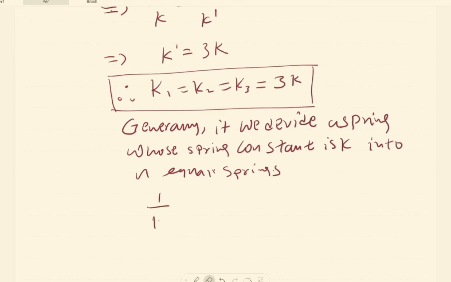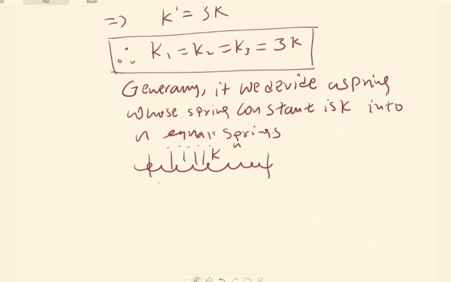Let's simply draw it. You might have generally a spring whose spring constant is k. If we divide this spring into n different places, the spring constant of each minute spring would be